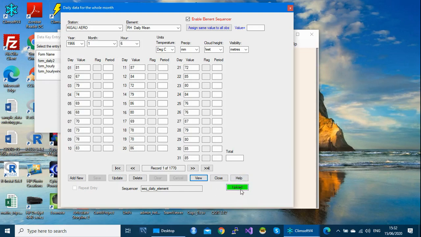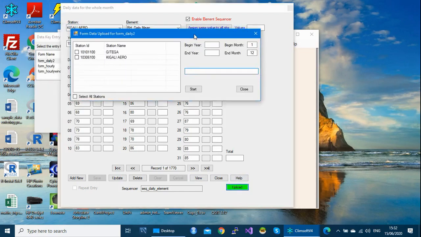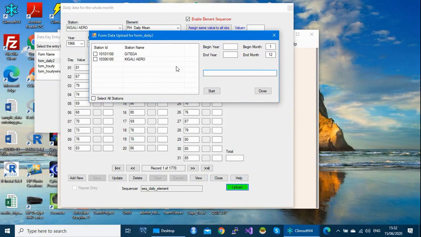By clicking on the upload once, it will call this dialog, which shows you, okay, it will check, and now here you see that I have two stations. Do you want to upload all the stations?